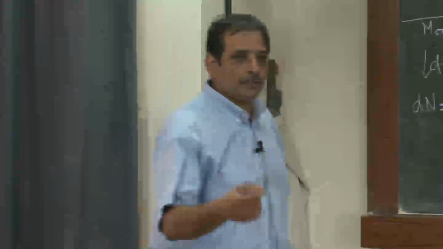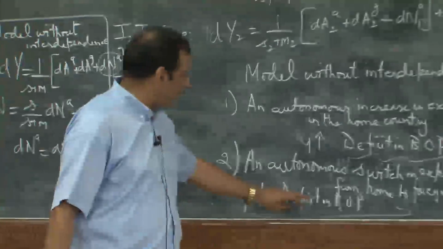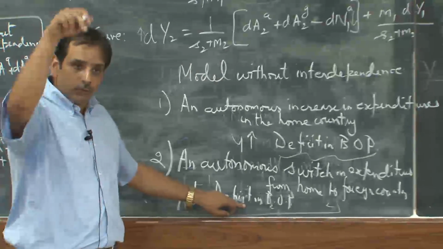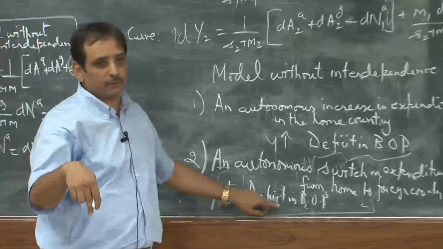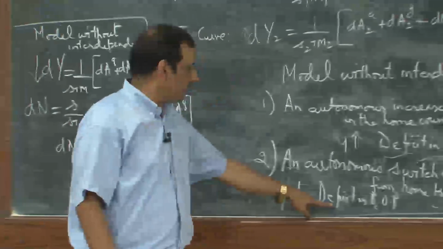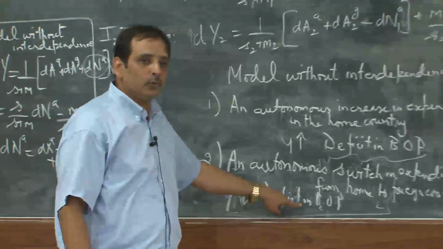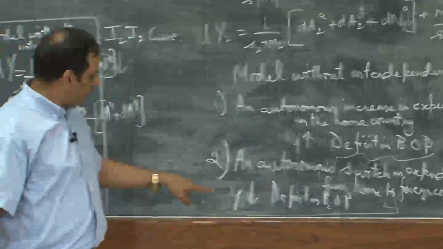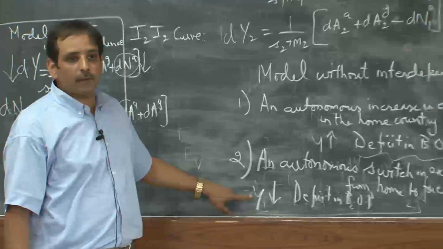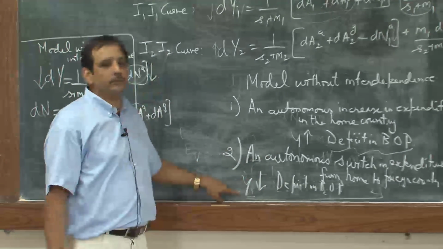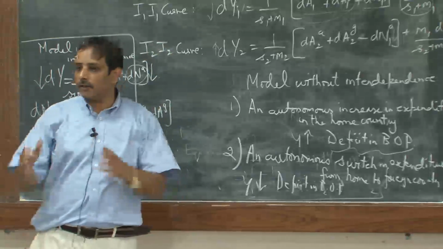Again, if he uses the expenditure changing policies to take care of the deficit, then he will reduce his expenditures. When he reduces his expenditures, he may be able to take care of the balance of payments, but when it comes to the internal balance, as soon as he decreases the expenditures, his incomes go down further,